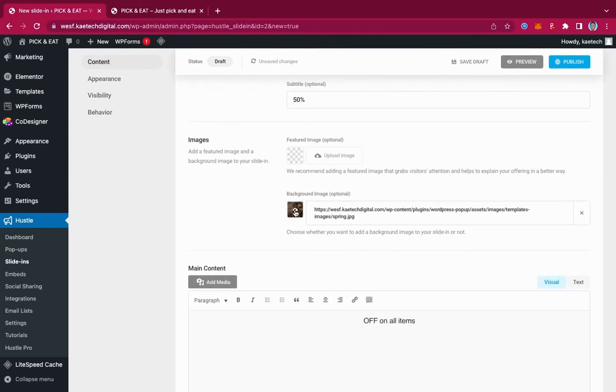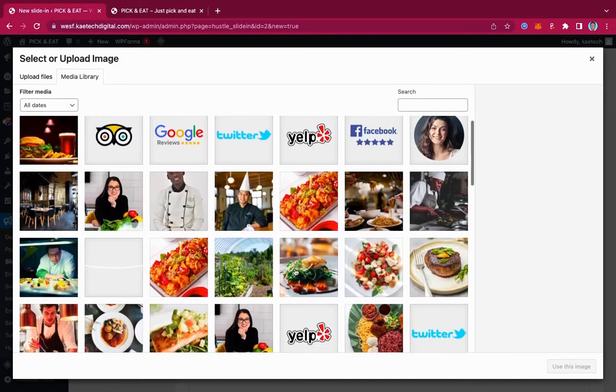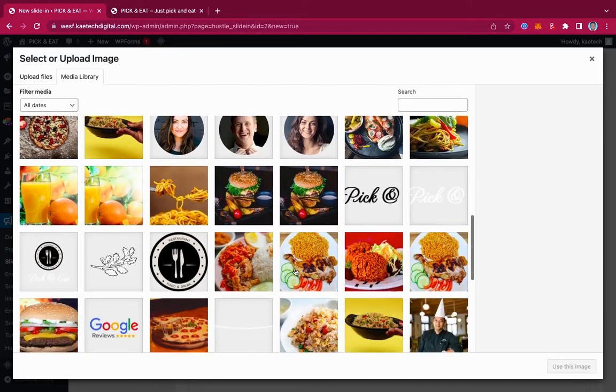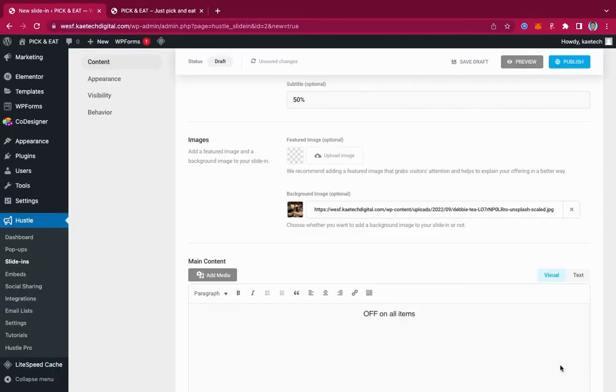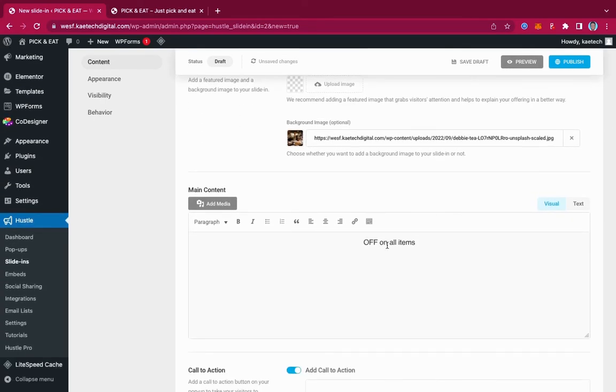And I'm going to choose a different image over here. So let me just pick some. Yeah, I'm going to pick this one over here. I'm picking this one because I like the height of it, how it is rectangular in shape. That is why I like it. It will fit well with my slide-in. So I'm going to choose this one, and then we're going to say Wednesday special, 50% off on all